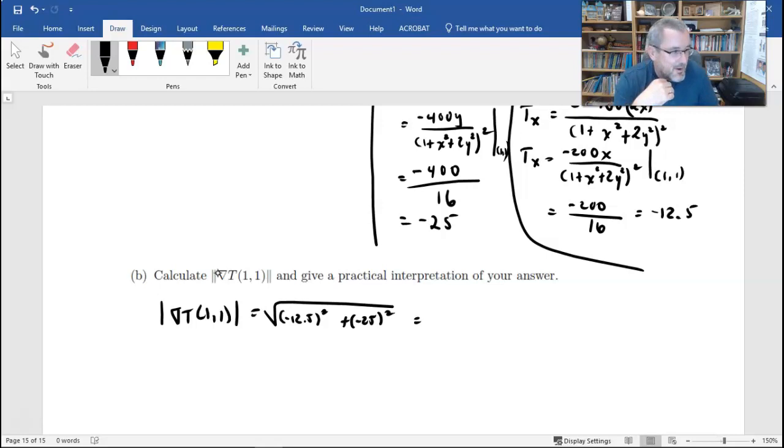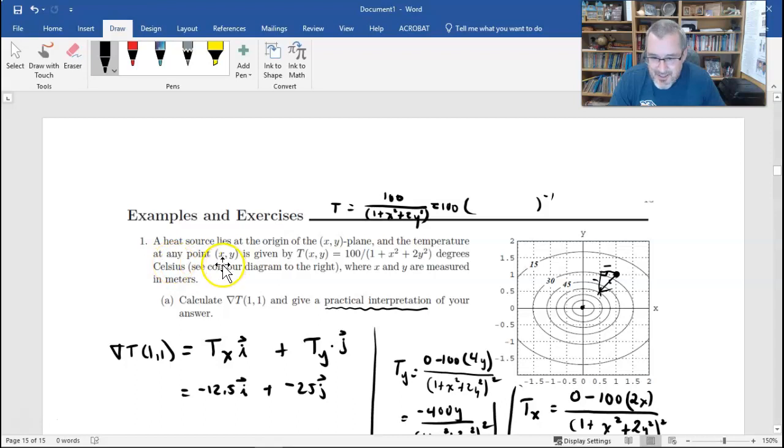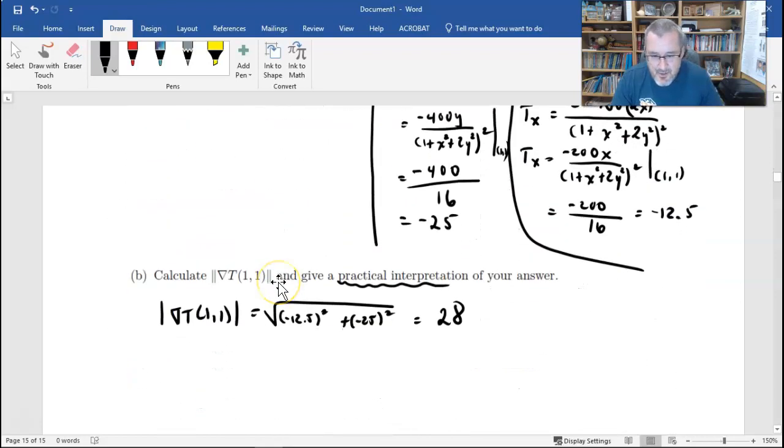And if you do all the arithmetic here, I've got it over here, it comes out to be 28. Awesome, 28. Don't stop there. 28 what? What does this mean? Well, the context was temperature in degrees Celsius, and the location was in meters. And so this would be an increase of 28 degrees Celsius per meter in the direction